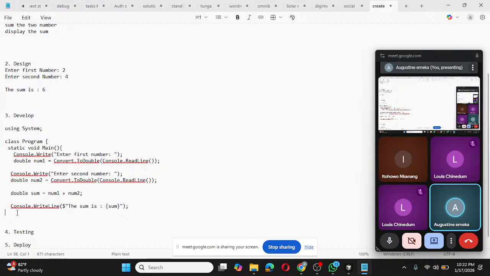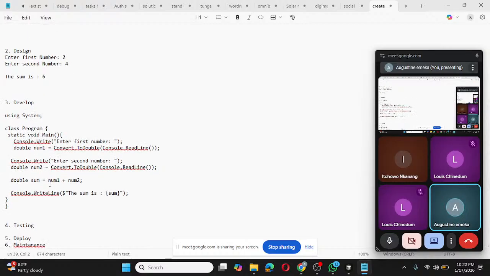So I'm going to have one curly bracket closing, come down again, one curly bracket closing. Perfect. So this is the develop stage. So I've developed this. The next thing will be testing. Then under testing, I'm going to simply run